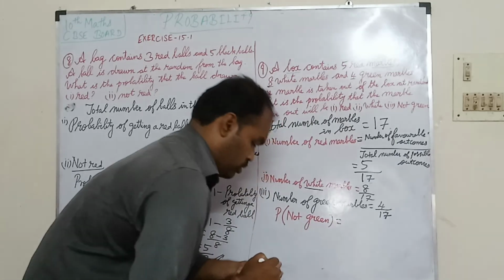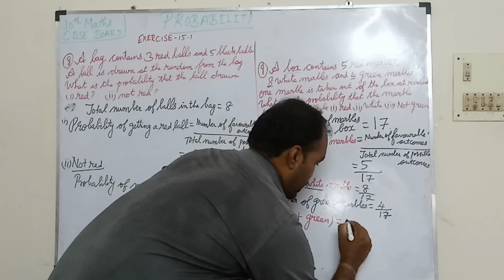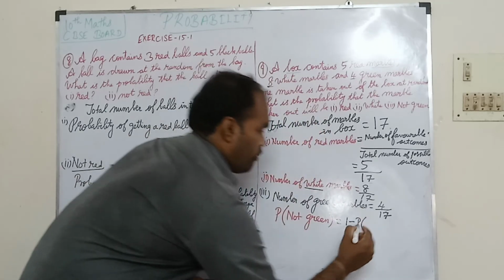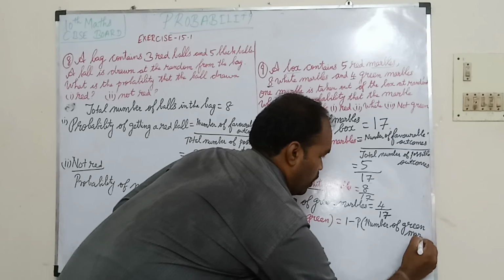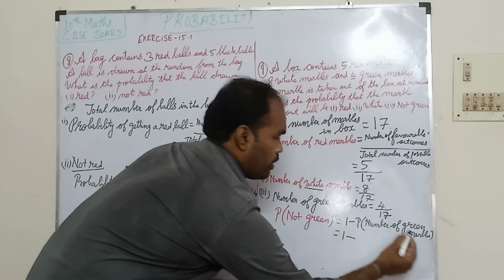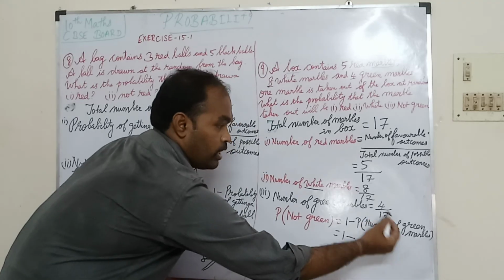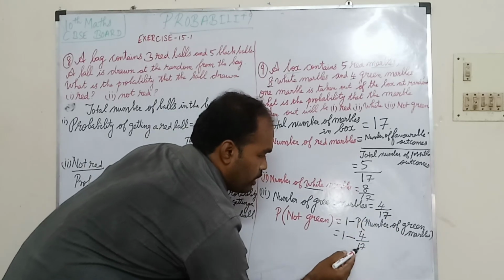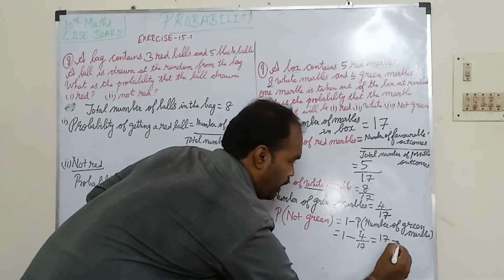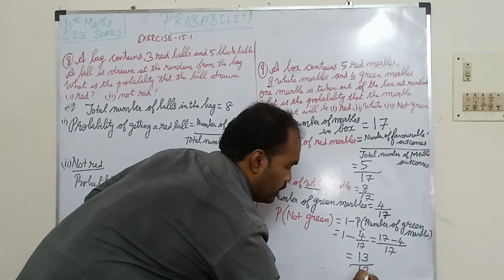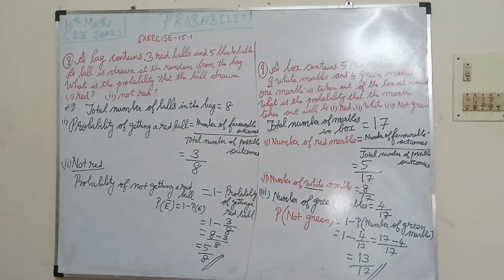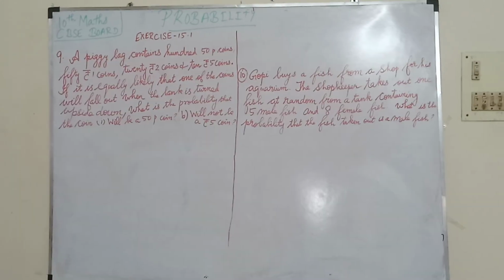Not green equal to, what is the formula? 1 minus the probability of green marbles, which is 4 by 17. 17 into 1, 17 minus 4 by 17. 17 minus 4 is 13 by 17. This is the answer. The next